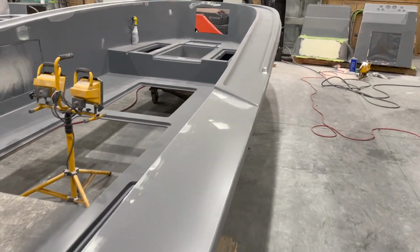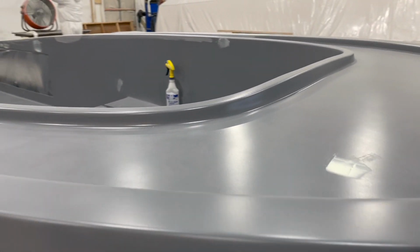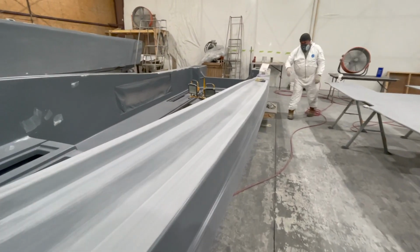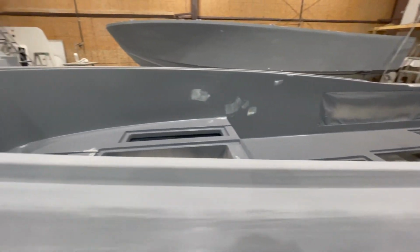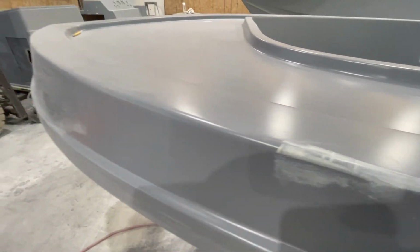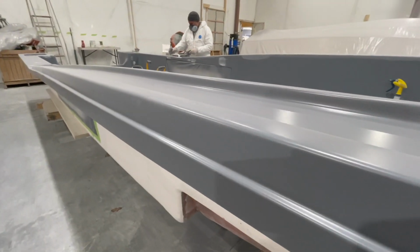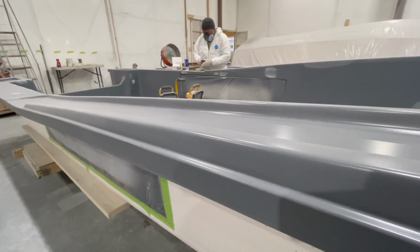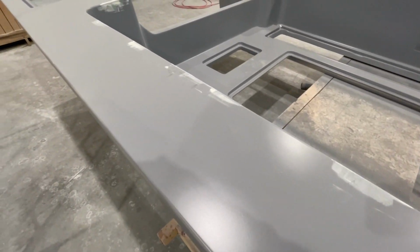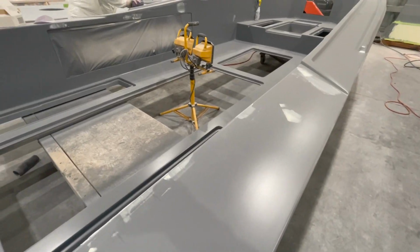No different than any of the other parts. When our part gets into final primer, which is our epoxy based primer, we do a final skim where you've seen us go around and get every little tiny void. Every once in a while you'll see a little pinhole be left over, somehow gets missed. And you've seen them come in with lamps and shine it on the surface, and that helps them see all